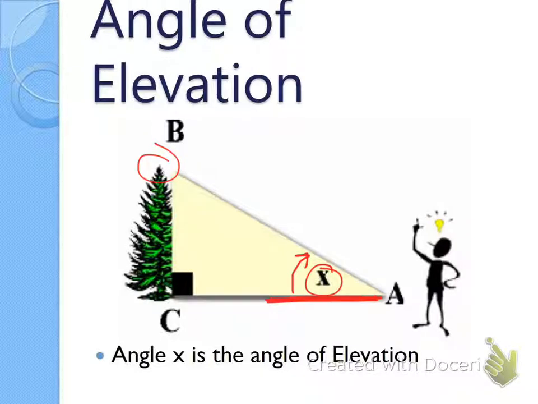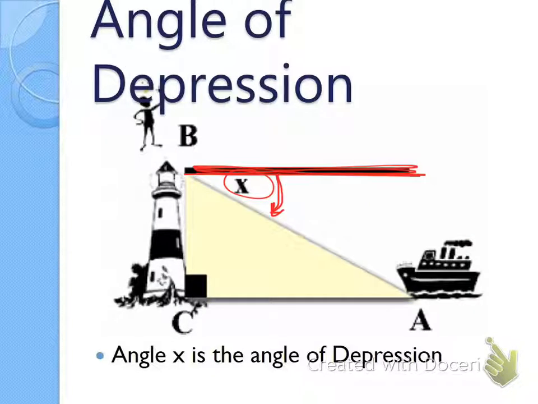Well, if you notice, the angle of elevation right here is inside of a right triangle. It is an angle that we are able to go ahead and set up our trig ratios with. The angle of depression, which is right here, is not inside of a right triangle. So we can't use our trig ratios from that particular angle. So what we do instead is we bring back some geometry where we understand that the ground and our horizontal line of sight are parallel to each other, and that this segment could be a transversal, so that we're now looking at two parallel lines and a transversal, that Z that we traced in geometry, and a Z gives us